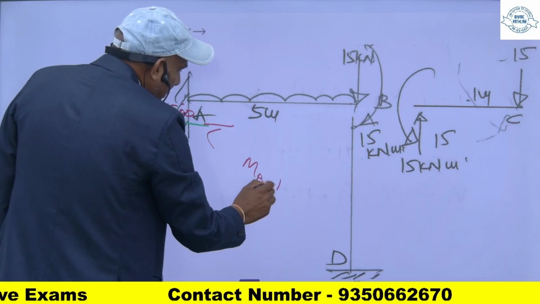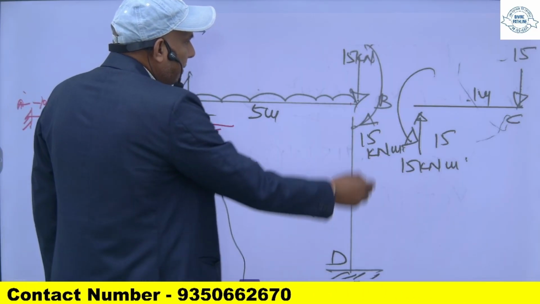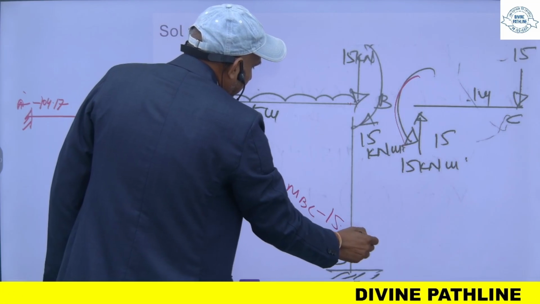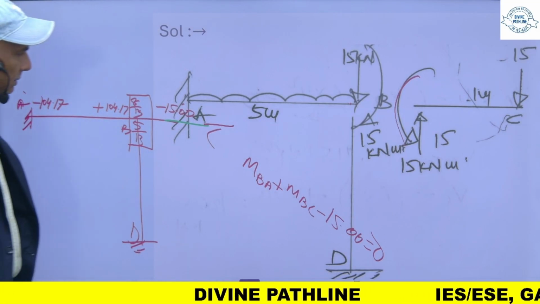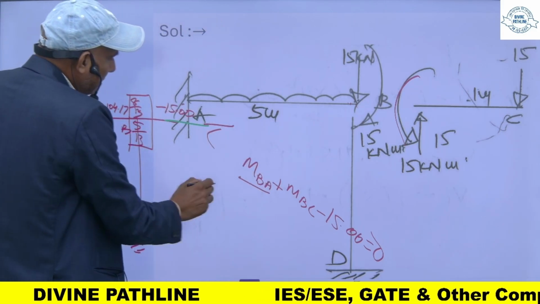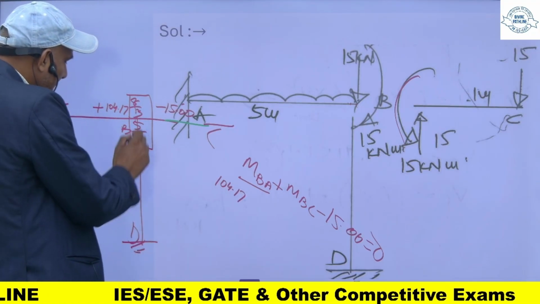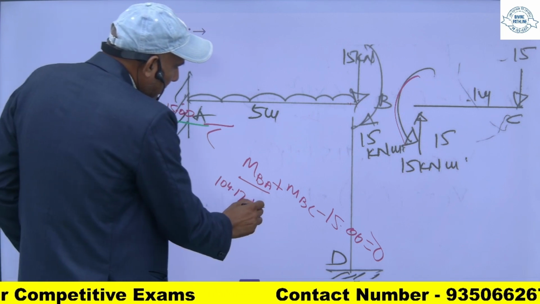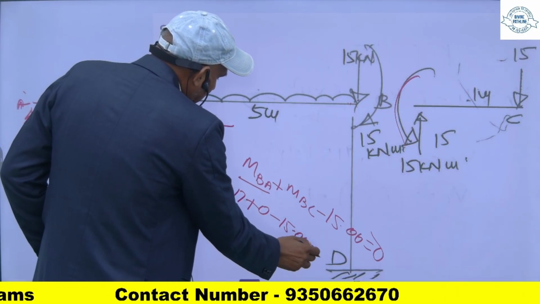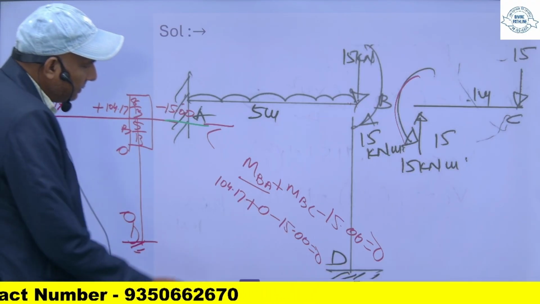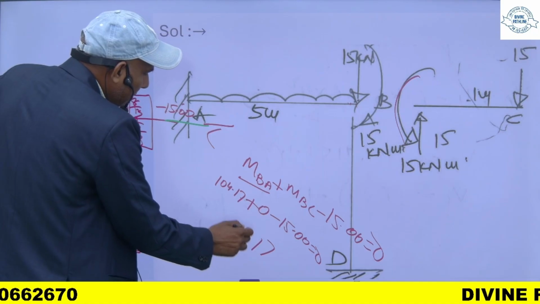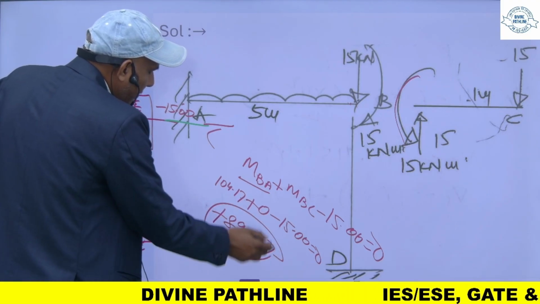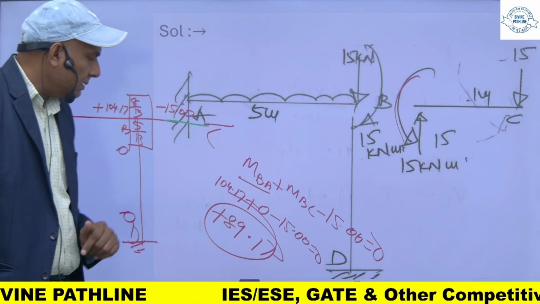For the equilibrium of this joint, moment of MBA plus this MBD plus this moment, और ये moment कितना मेरा यहाँ पर, ये -15 है, ये सम तीनों का 0 होना चाहिए, but this BA is equal to how much, this is plus 104.17, MBC ये 0 है, -15, तो ये कितना आएगा, दिस विल बी 89.17 पॉजिटिव बचता है।